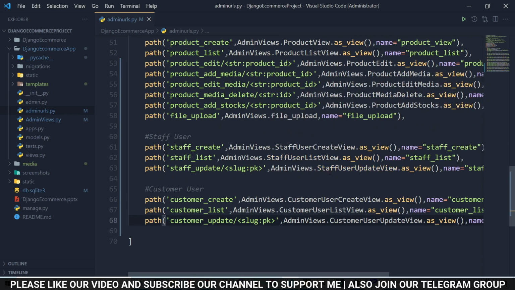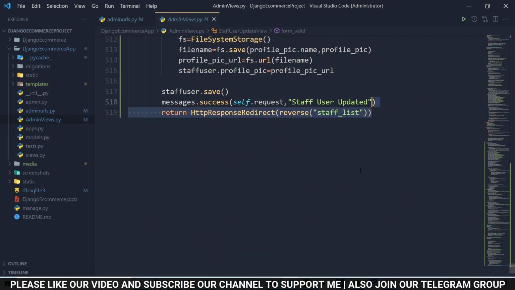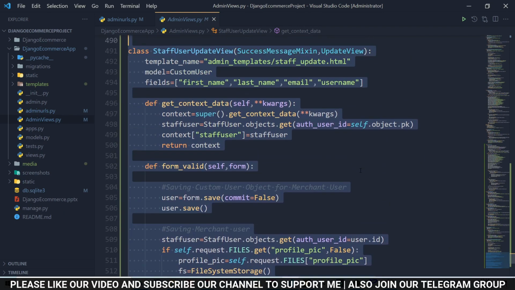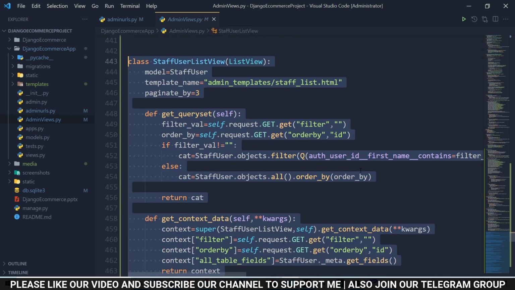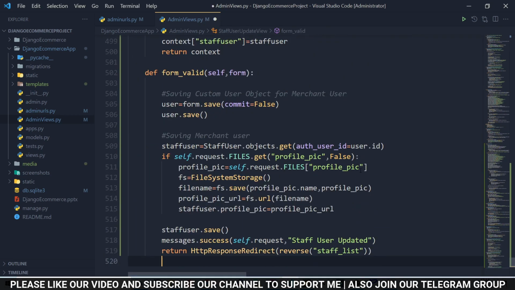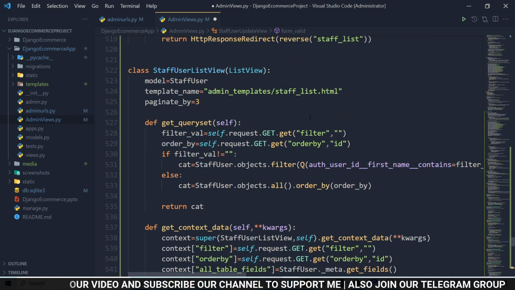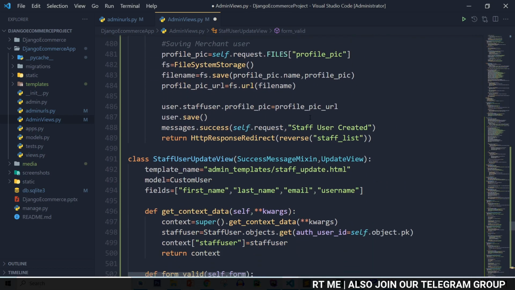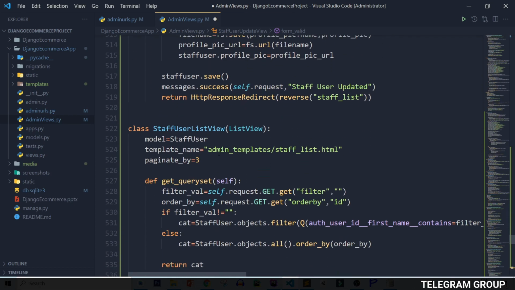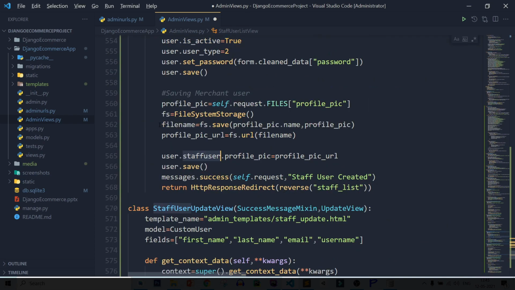After that, come to admin views and just copy the code of staff user create, update, and list view. So copy it, paste it. After that, here list view, select all the staff user.